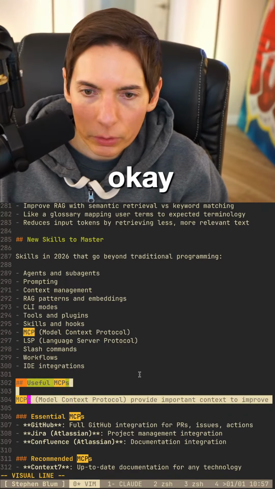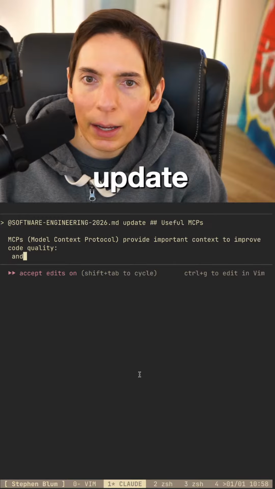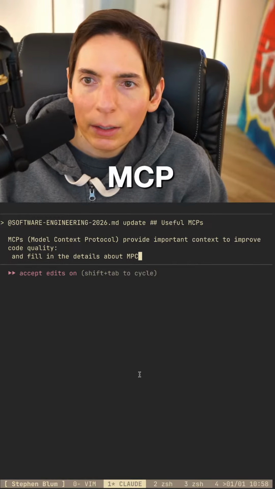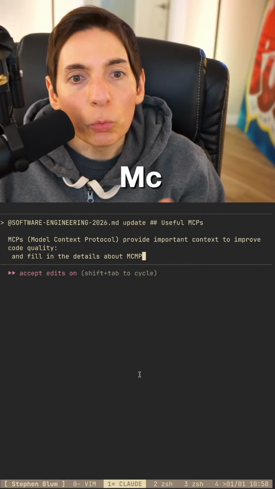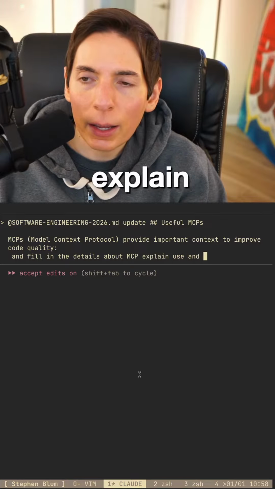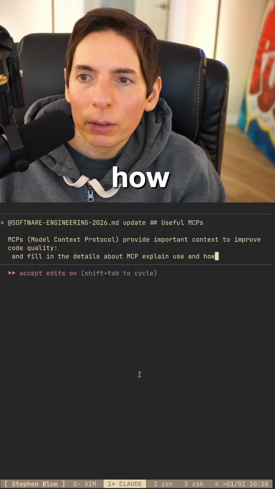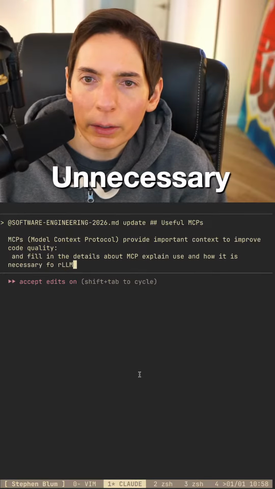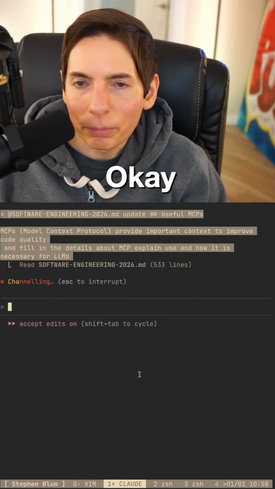We go at software. Update and fill in the details about MCP. And what else did you want? Model context protocol, explain use and how it is necessary for LLMs. Okay, there we go.